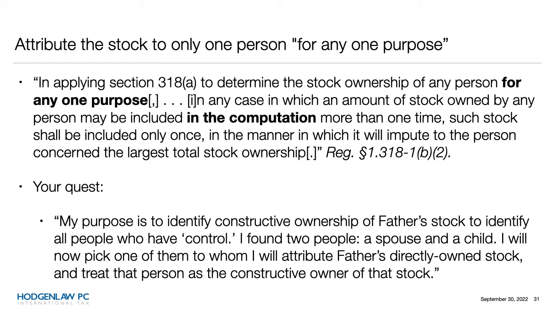In that case, if we attribute father's shares to mom, she ends up with 105. If we attribute father's shares to kid, he ends up with 100. Therefore, the attribution would go in favor of mom, and we would treat her as the constructive owner of dad's shares. So your quest is to look at this situation, and I gave you at the bottom a little script